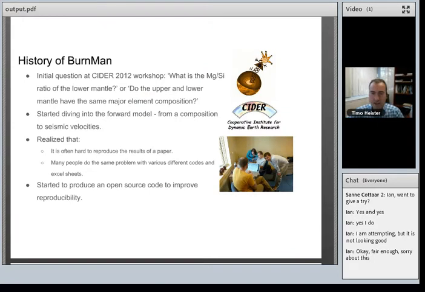Okay, so initially we started at CIDR in 2012, and if you don't know what CIDR or the CIDR summer programs are, you should better find out, because that's a really great summer program that's done every year. Anyway, so we met as a group there. You can see a picture down there of us